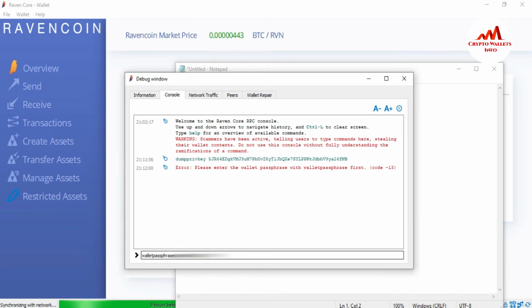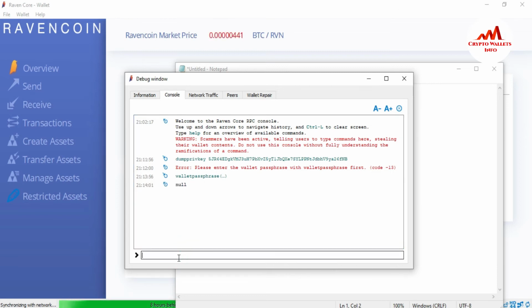I will enter it, and now write 60. Just write 60 and enter. Now the wallet is going to unlock. You can see here the null shown means my wallet is unlocked, and you can also see in the right corner that the wallet is unlocked. The symbol is shown here, and now I can import any wallet.